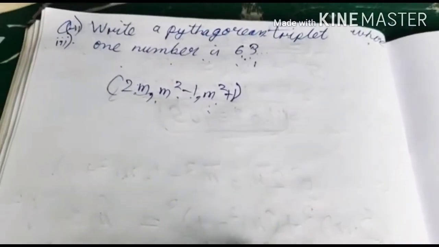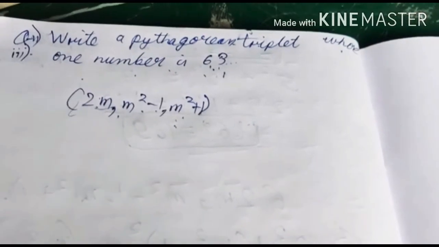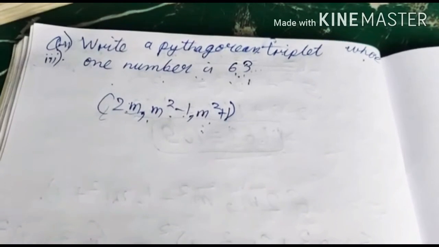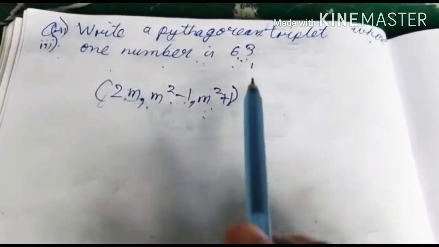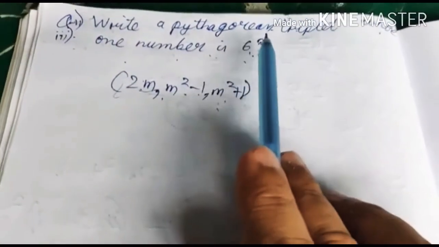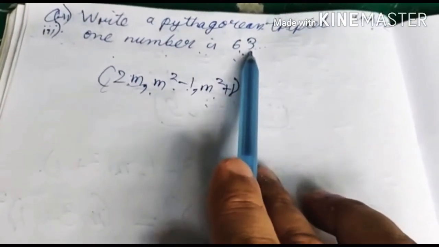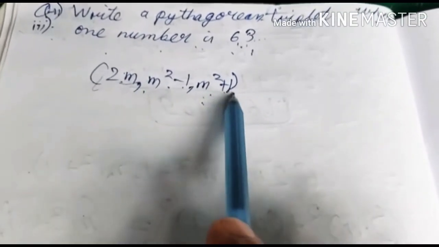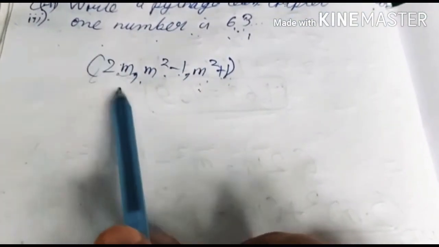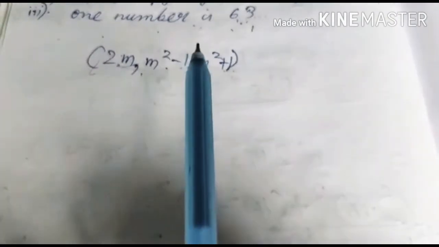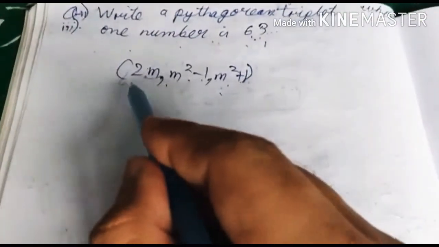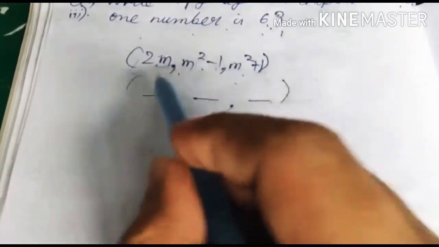In a Pythagorean triplet, the sum of the squares of the first two numbers always equals the square of the third number. This means this 63 is given as any one of the numbers, so we have to find where this 63 would lie: first place, second place or third place. If we start solving, the place where m's value comes out a natural number is where 63 would come. 63 could come here, here or here, but we don't know where. The first place is 2m.